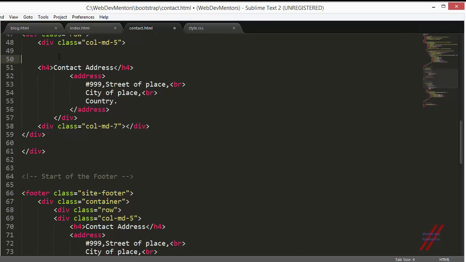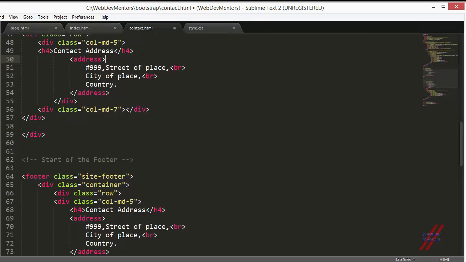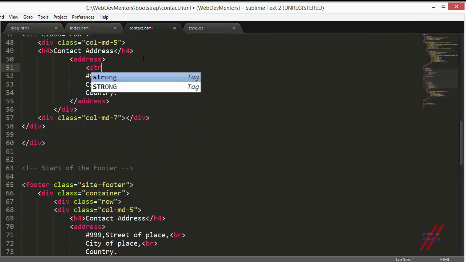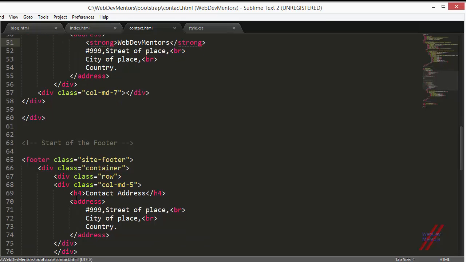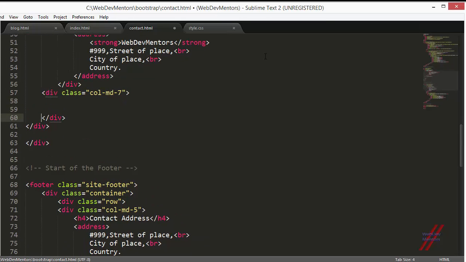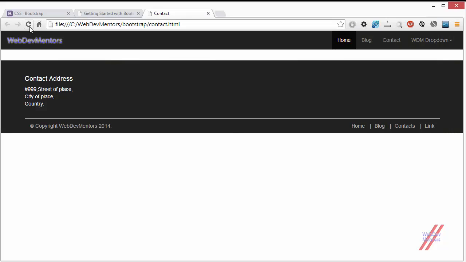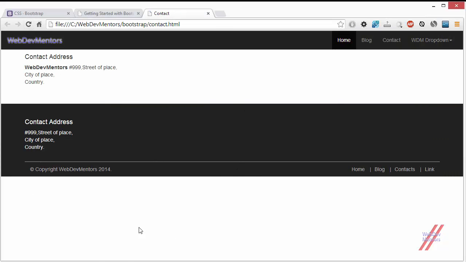I'm going to add a couple of things to it to make it look different from the footer. I'm just going to add my, sorry about that, too eager actually. Web mentors, and now it's going to look good. Before getting into the actual form part, let's see how it looks. Okay, that's fine, but